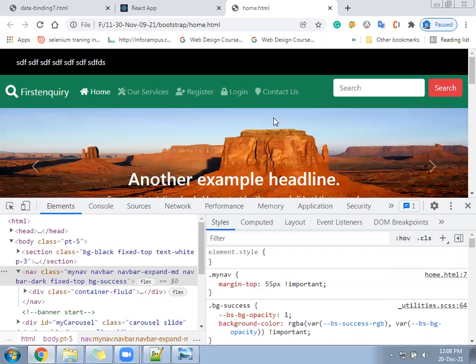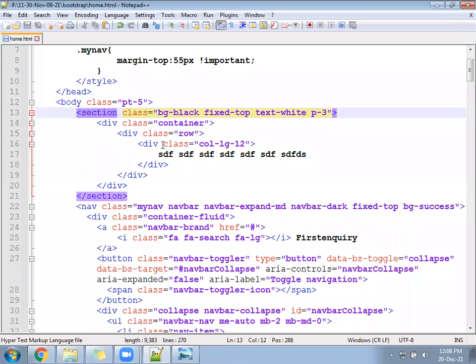Divide this section into 2 parts, 6 and 6. 12 you have written, put 6 each. First 6 will have the contact number. Second 6 will have social media icons. That should start from the right side. Try a few things. I will also write, but you try once.